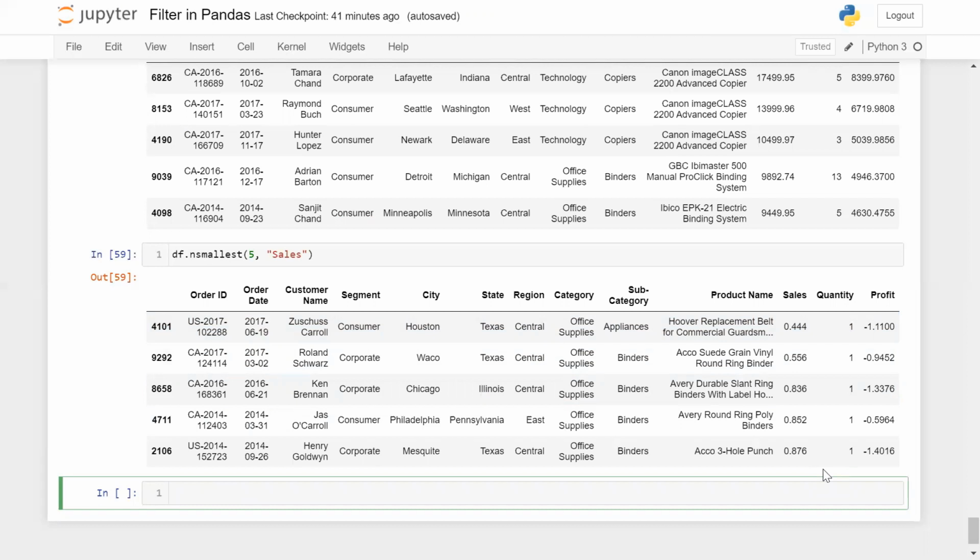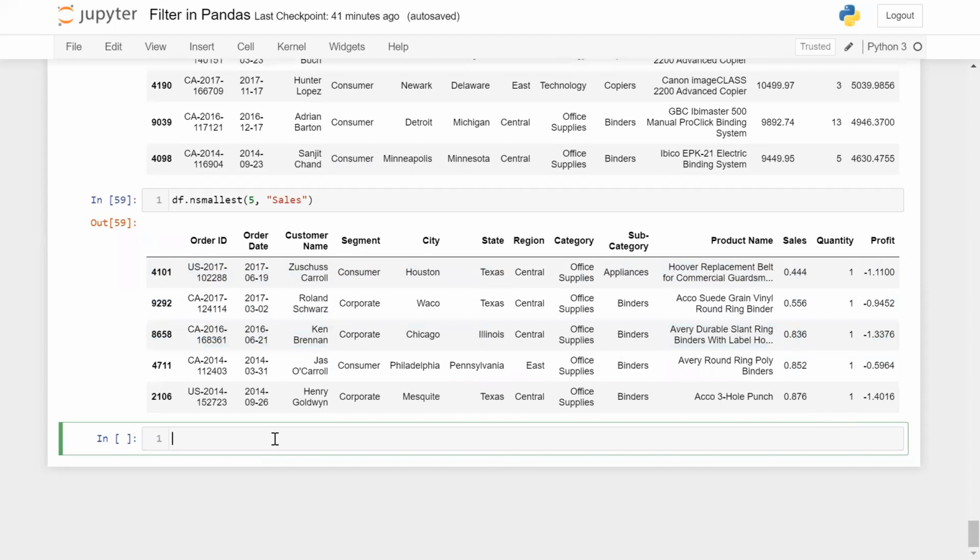Okay. And guys, another question is using the lambda method also, we can filter the data, right? So the lambda method is also very popular for filtering the data. Lambda is an alternative way of defining a user defined function. With the use of lambda, you can define this function in a single line of code. Okay. So for example, from this data, I want to filter out some specific city, which is Houston. And from the category, I want technology, right? So how can I do that? So simple